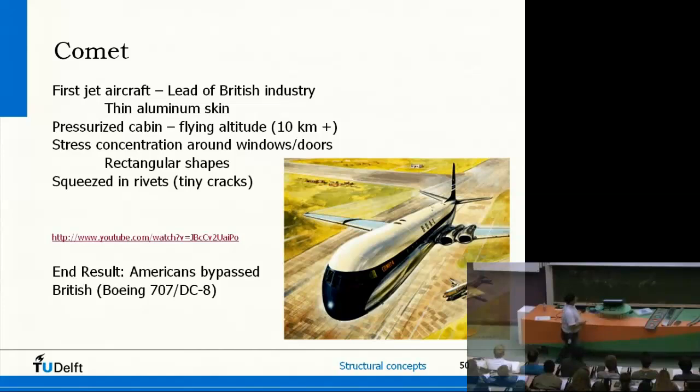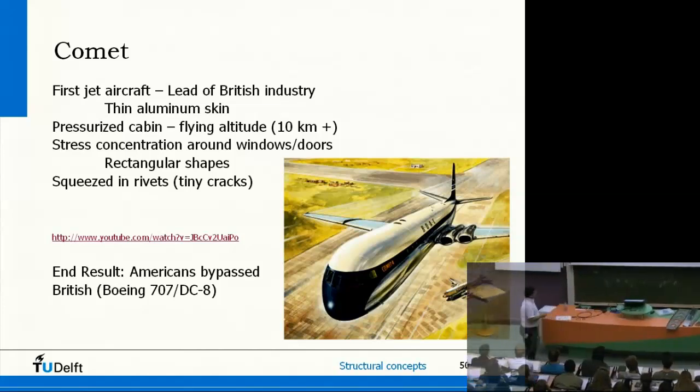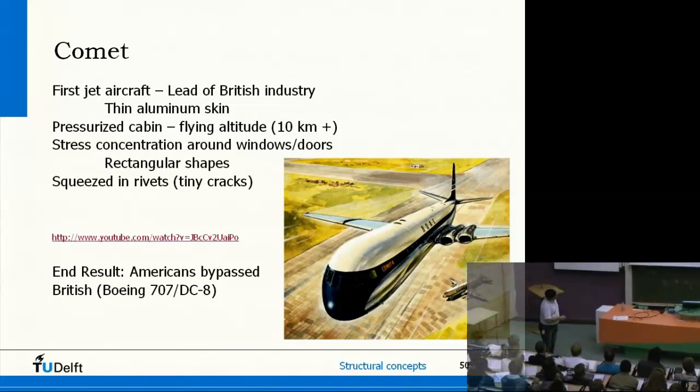Unfortunately, they had the problem of fatigue. A lot of these metal skins were rather thin. They were riveted with self-riveting rivets. So they were pushed in there, and if you have a hole and you push a pin in there, sometimes it cracks at the edge. Well, these tiny cracks, they never thought about it. So during pressurization of your fuselage, again and again and again, these cracks started to grow. And that's actually what happened.